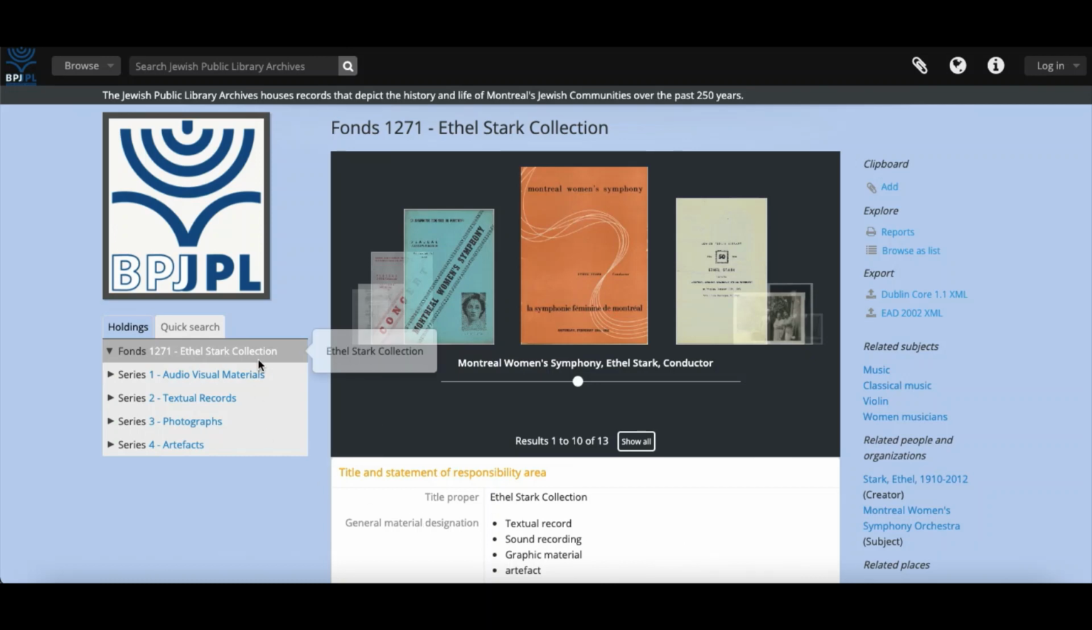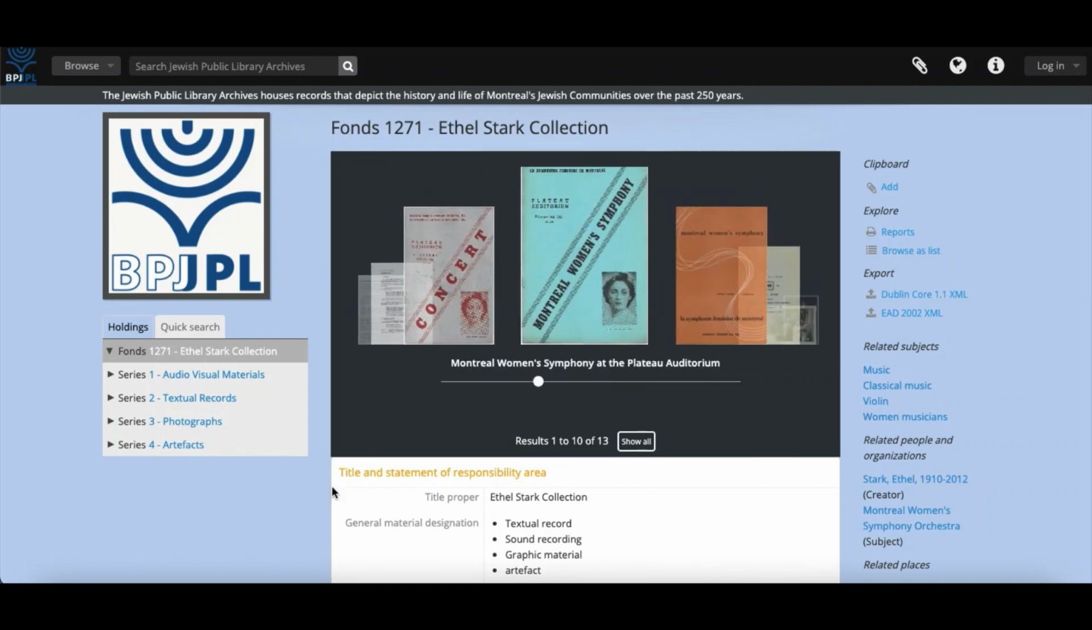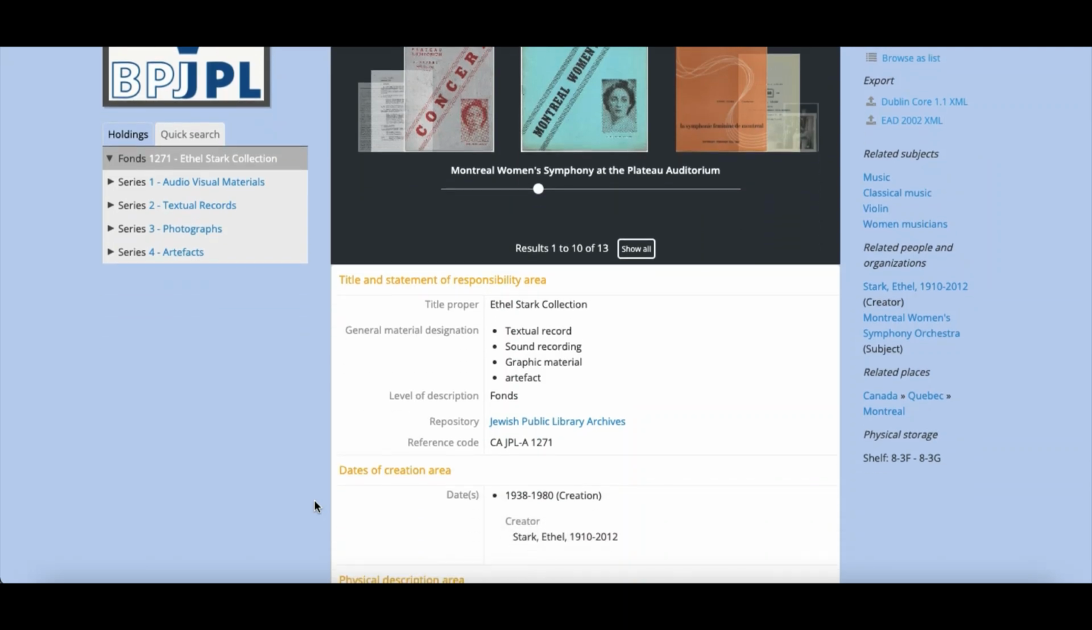You'll find the title of the fonds at the top of the page, followed by a carousel of clickable digital objects, and some descriptive information that summarizes the contents of the collection. This may include information like the material designation. In other words, the kind of material found in the record. In this case, we know that there is a good mix of textual records, photographs, sound recordings, and objects in